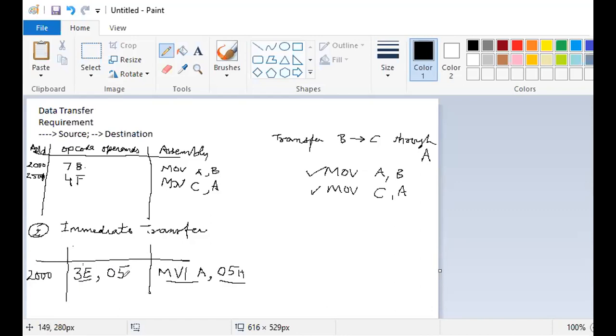Now if I wish to move the content of the accumulator, which is 05, into some other register, that will be something this way, move the content of register A into register, supposing B. This is at address 2000, this is at address 2001, so this will be stored at 2002. And the operation code for move A to B, going here, move A to B, the code is 47.